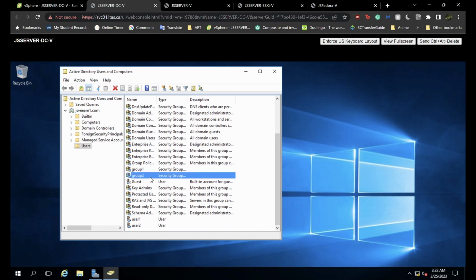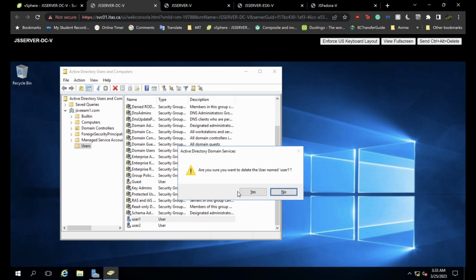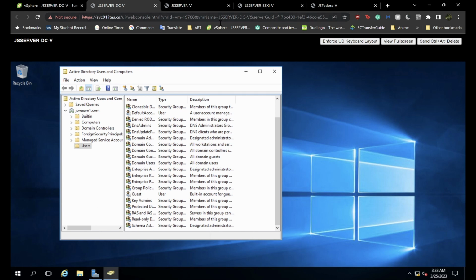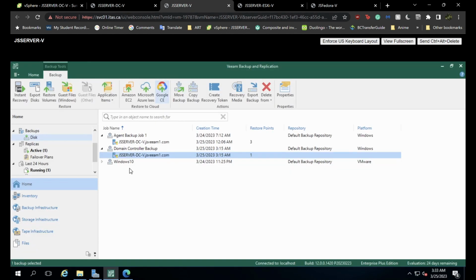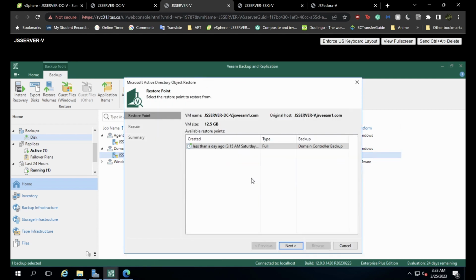So what I'm going to do is delete all 4 of these, and then we're going to granularly restore the user groups and users. So we're going to hit, where is it? Yeah, I guess, nope, application items. Microsoft Active Directory objects, that's what we want. So click that, hit next,